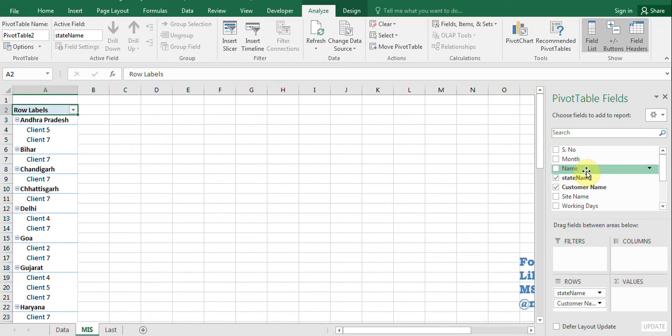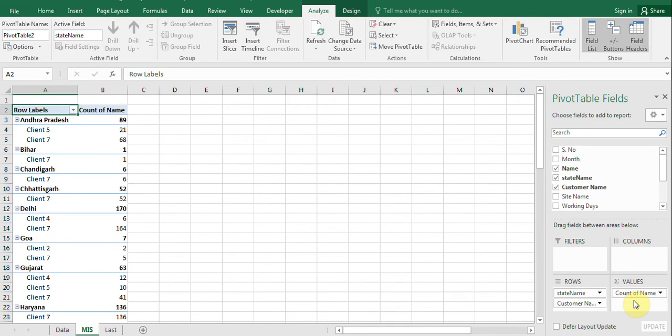If we are showing the count of employees, it means the employees is the value, so we will drag the employee name into the value. You can see in Andhra Pradesh, client 5 has 21 employees, client 7 has 68. Like Bihar, client 7 has 1 employee. In Chandigarh, client 7 has 6 employees. In Chhattisgarh, client 7 has 52 employees. In Delhi, clients 4 and 7 have 6 and 164 respectively.